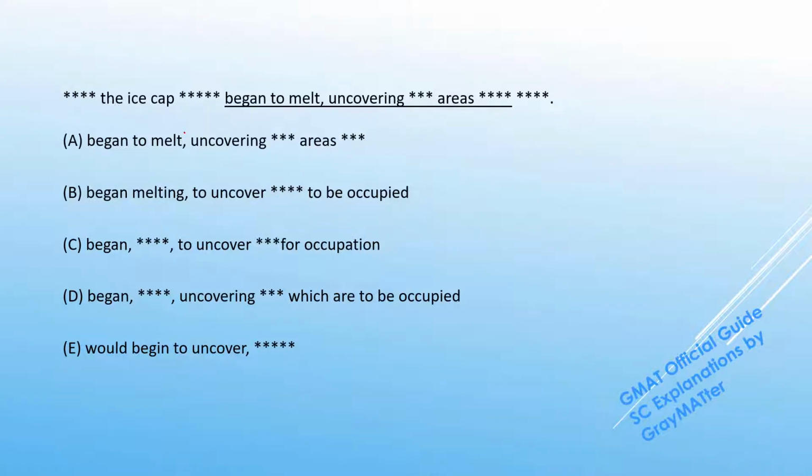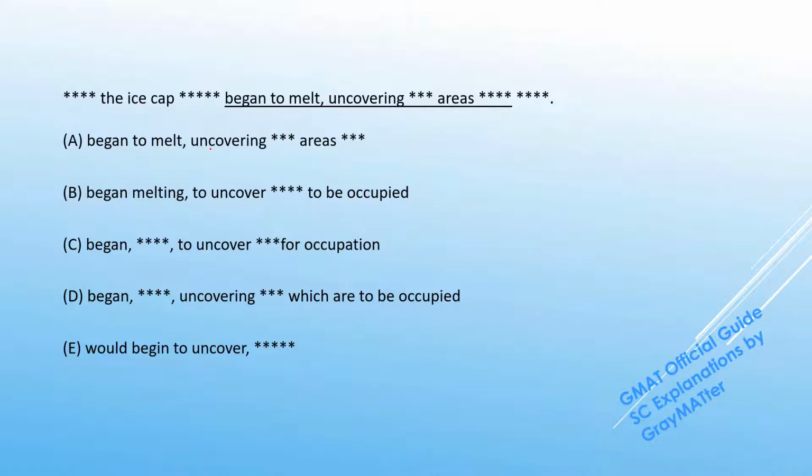This question reads that in that past time period, the ice cap began to melt, uncovering certain areas. Now, this question is mainly testing us for the differences in meaning that are caused by these differences in construction. So, let's try to utilize the differences that we can see and understand exactly how those differences impact the meaning. First of all, the main differences can be seen close to the commas and at the end of the answer